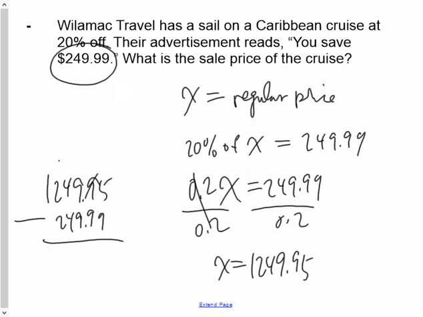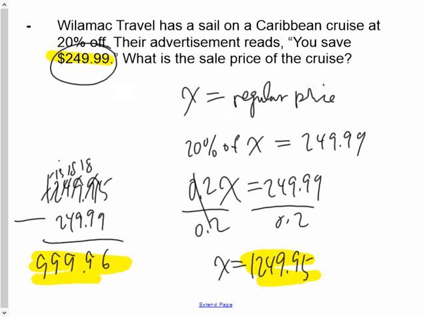So I'm going to borrow here, get a 6. I'm going to borrow here, get an 8, get a 9. I'm going to borrow here, get a 3, get a 9. I'm going to borrow here, get a 9. I'm going to borrow here and get a 9. So therefore, the final cost of the trip was the sale price of the trip. Tricky question. The sale price is $999.96. The regular price is this. You save this much. Therefore, the answer we're looking for is